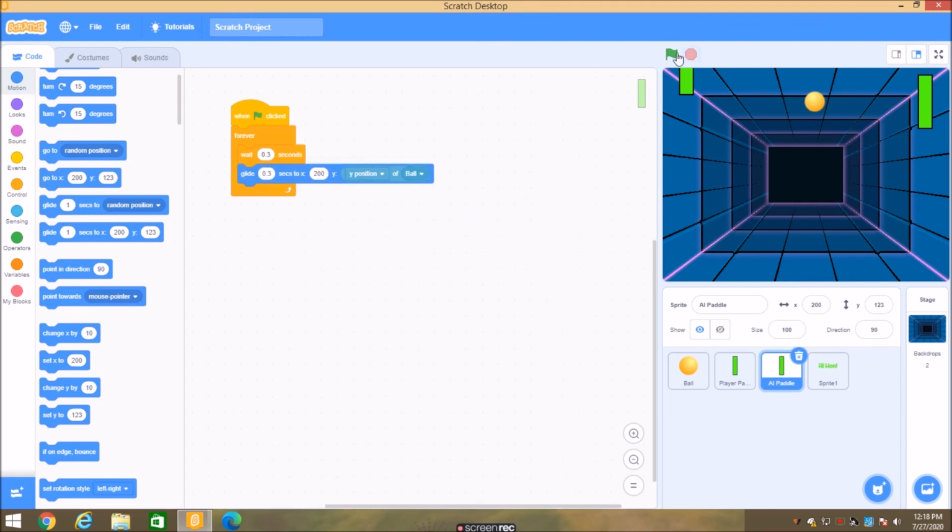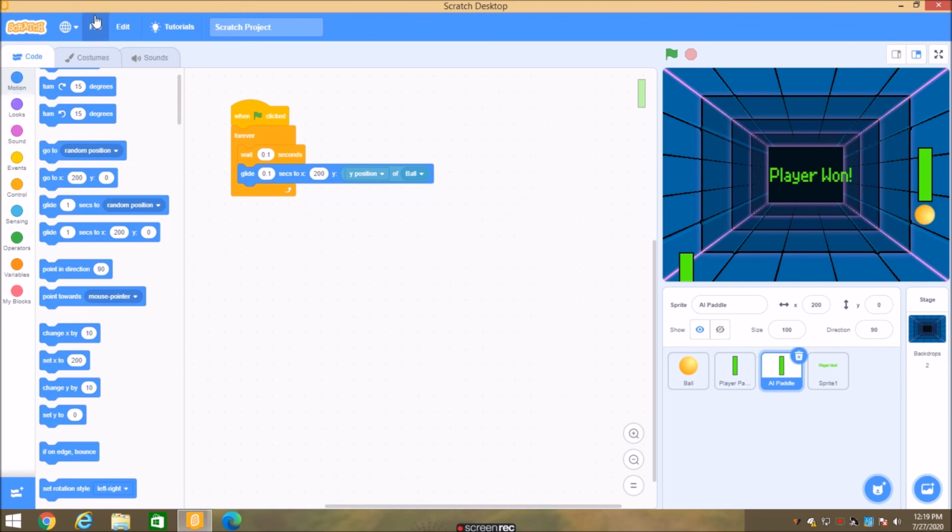Okay, 0.3 is, I guess, a bigger number. Also 0.2. Yes, now you can see the paddle moves, but it moves slowly, so that the player can also win. If you just decrease the number, then the paddle will move faster. You can see now. Now I think it is perfect. The player is also winning, and the paddle is also not moving so slowly.